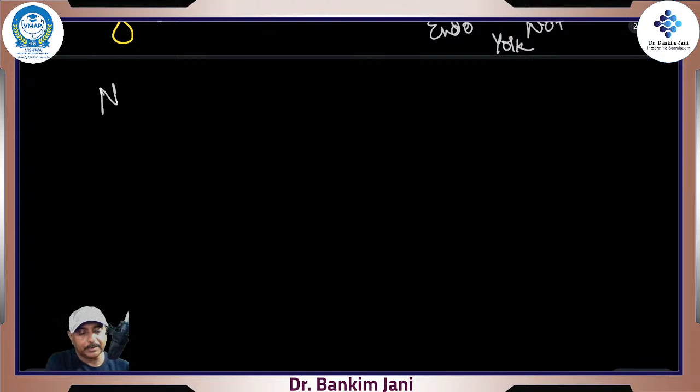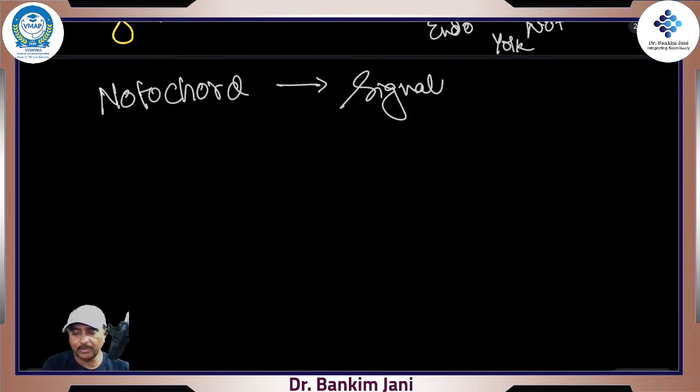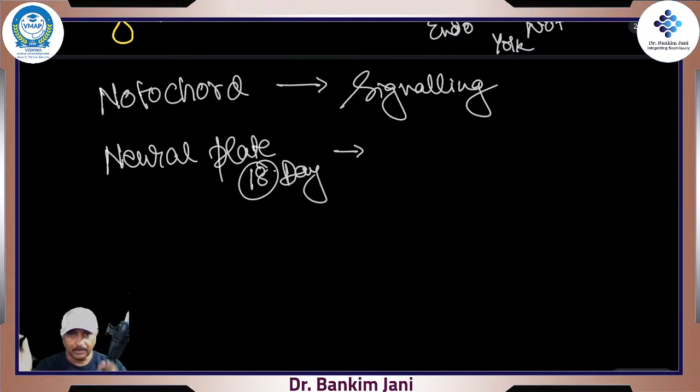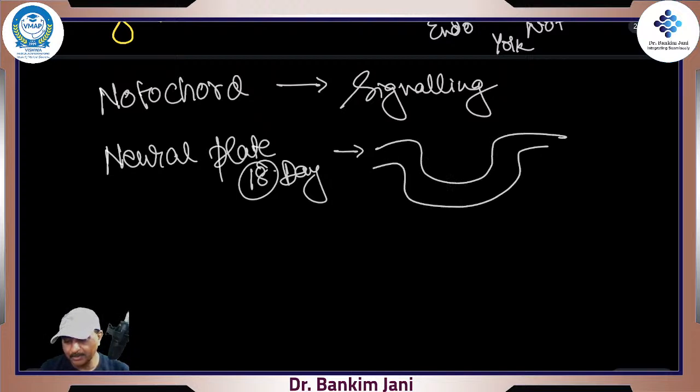So if we differentiate, the notochord's purpose was signaling. In one word, signaling to the ectoderm. Then there was the neural plate, which occurred on about day 18. So it was like this, and the neural plate was developed. When it started becoming thick, then